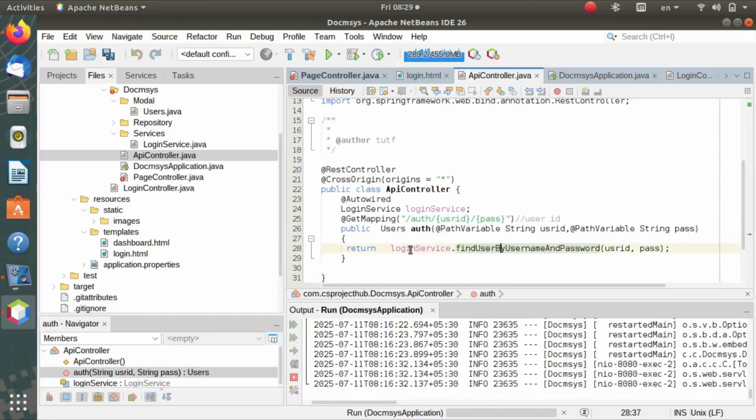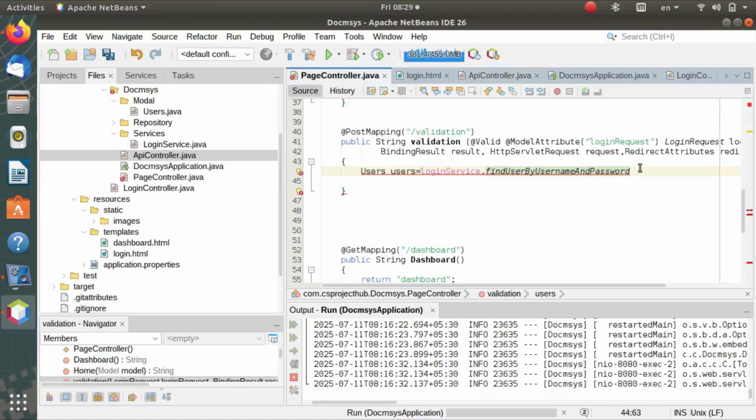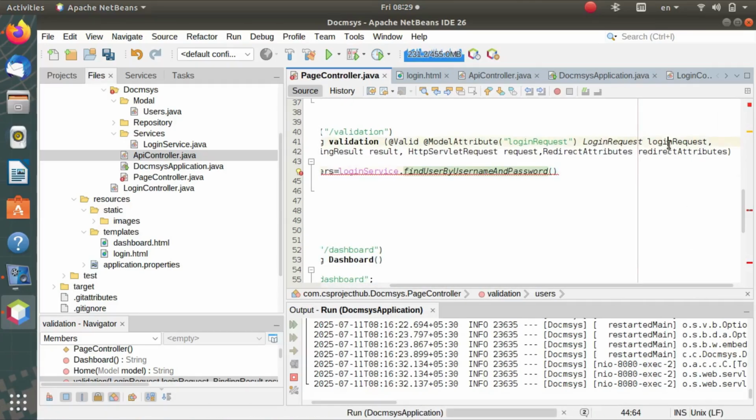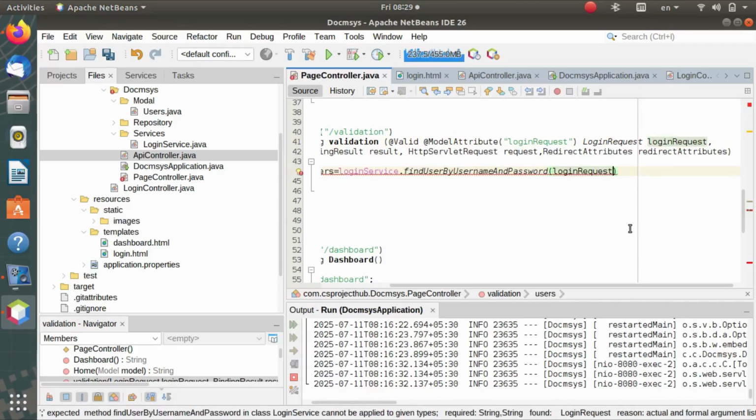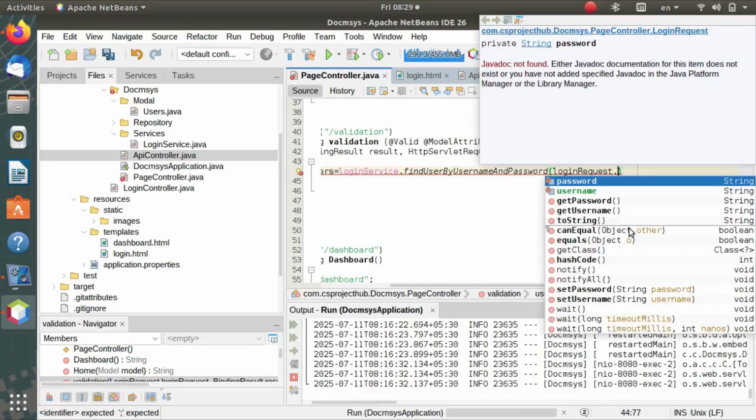My login service name is the login service, and find user by user ID and password is already created. So we use find user by user ID and password, and what is our request attribute name? It is login